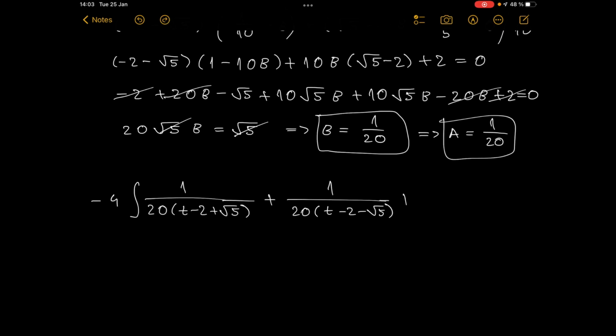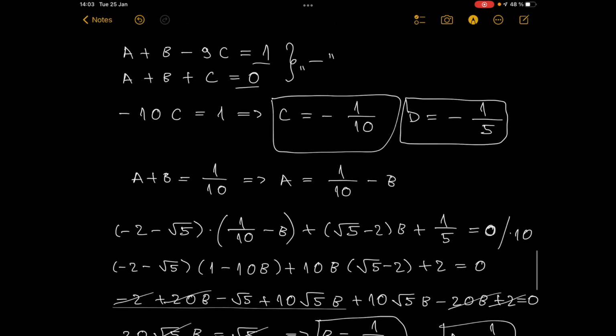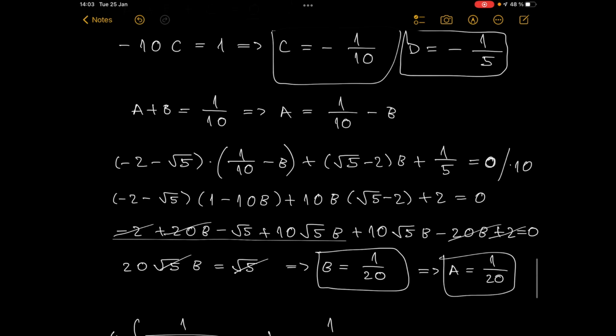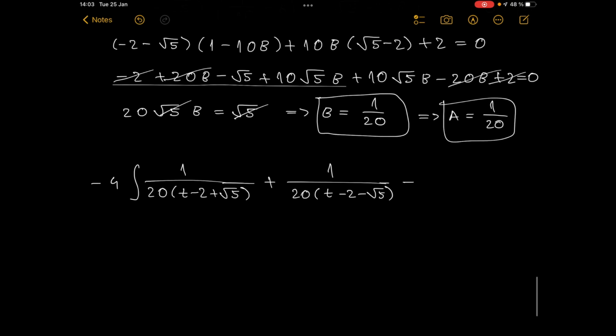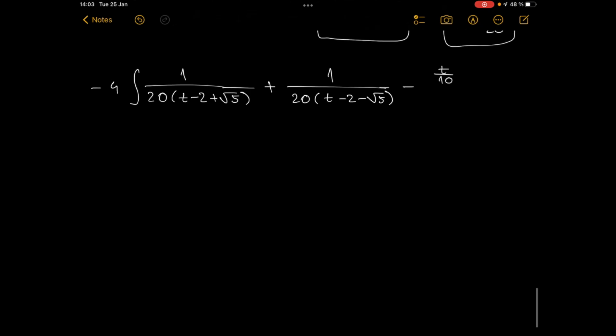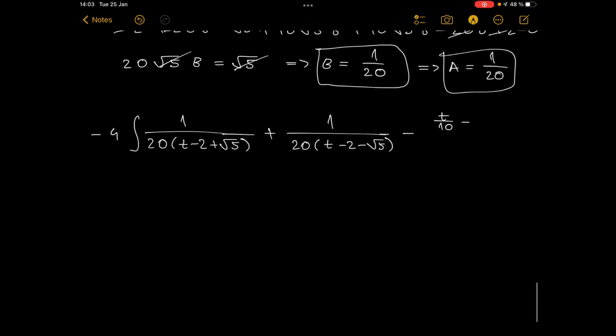Okay, I'll just put down a negative here, minus t over 10 plus 1/5 over t squared plus 1, and of course everything is dt. Everything is multiplied by dt. So